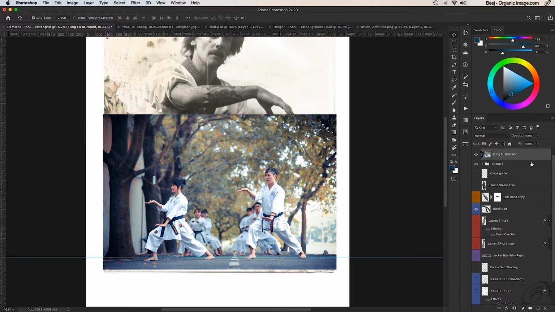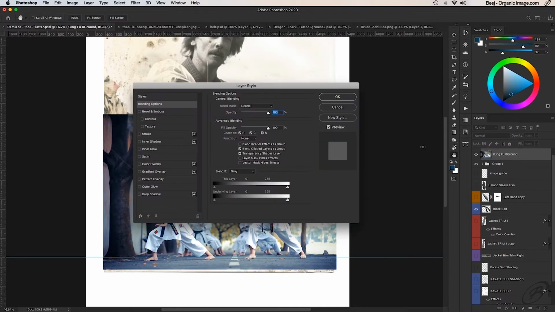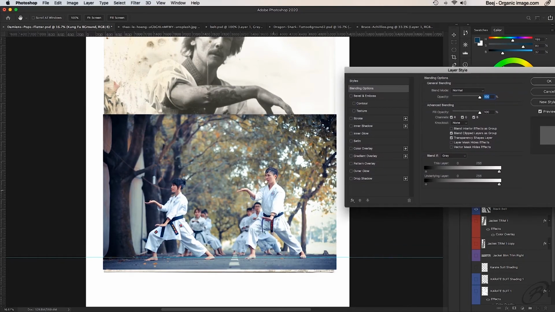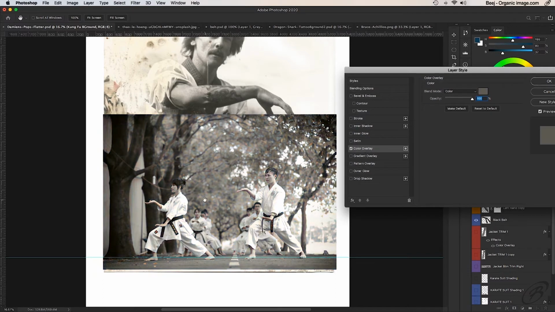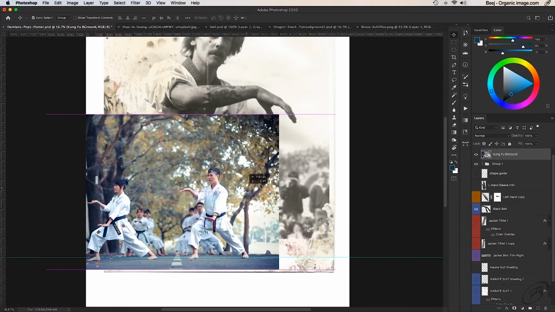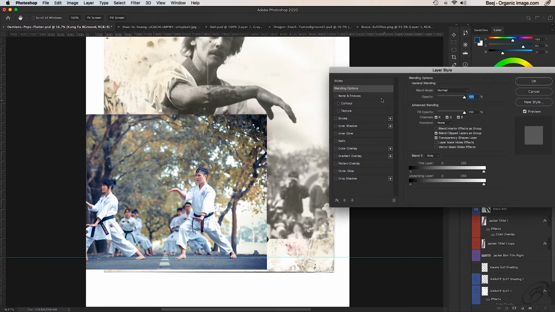And what we're going to do now is double click on our Kung Fu background. This brings up the layer style. And what we want to do is make this the same color as this image here. Now I'm going to be using this throughout the image to change the color of things, so I'll show you how this works. So in styles, we want to select color overlay. Now you can see it's already gone to quite possibly the right color. I'm just going to cancel that a second so I can move this across a little bit. So we'll go back there. We'll click on color overlay,